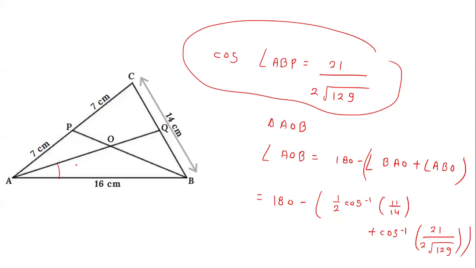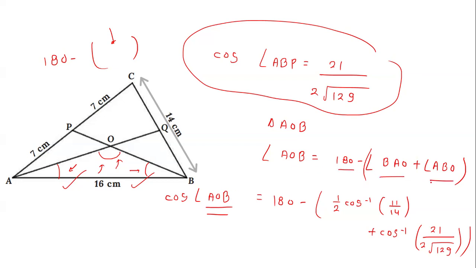So now we know this angle also, and we know this angle also. So just after subtracting these two angles from 180, we can find this angle O, because we know the sum of the angles of the triangle is 180, and if we know this angle and this angle, we can easily find this angle. And in the problem it is given that we have to find the cos of this angle AOB. So if we know this angle AOB, we can easily find its cos. So this is simply 180 minus this angle A plus angle B.